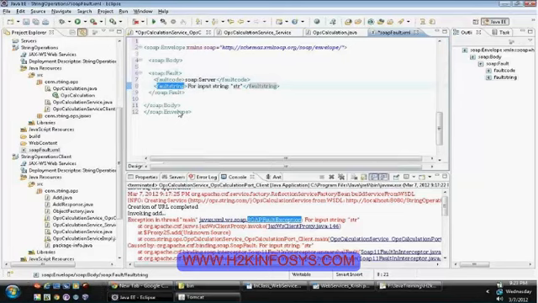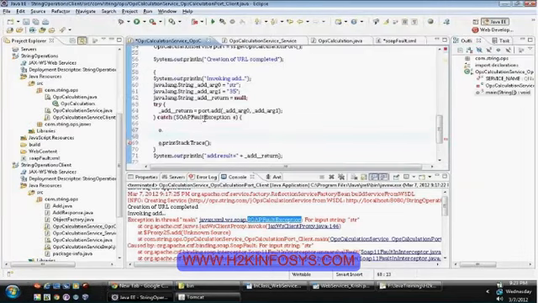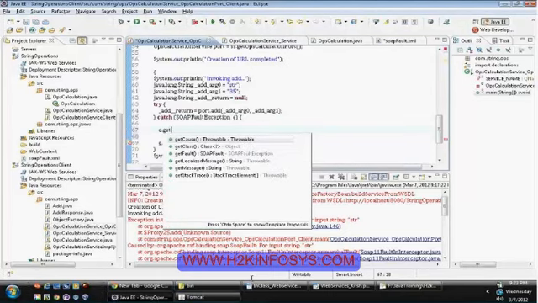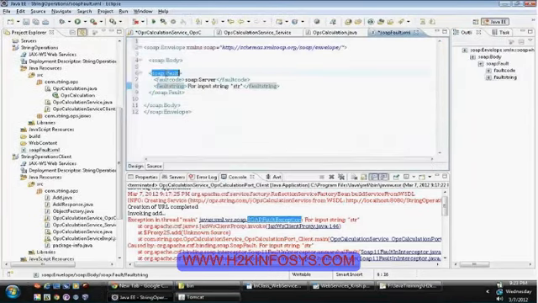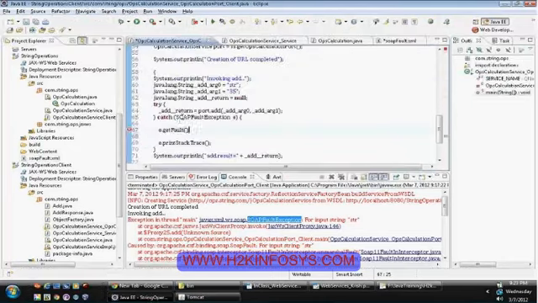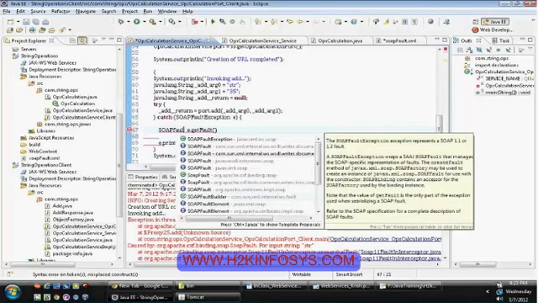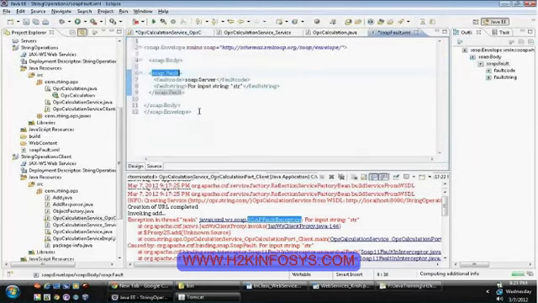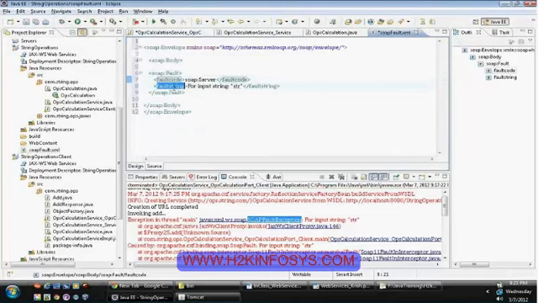For your SOAPFaultException block, you can just retrieve e.getFault, which means the top level element getFault, store it in a separate object, and after that, the two things: fault.getFaultCode and getFaultString.